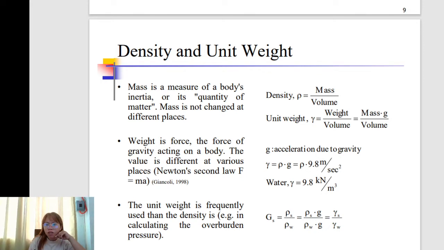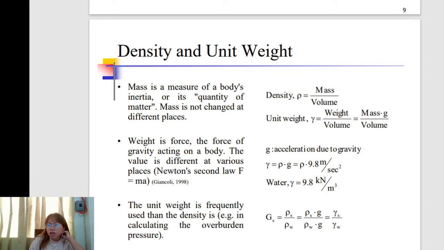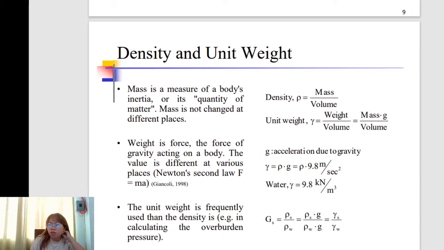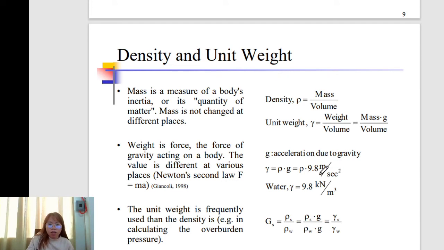The unit weight is used more frequently than the density, for example in calculating the overburden pressure. We have this density, mass. Density is equal to mass over volume, and the unit weight is the weight over volume, that is equal to mass times acceleration due to gravity over volume. And the unit weight is density times acceleration due to gravity, which is equal to 9.81